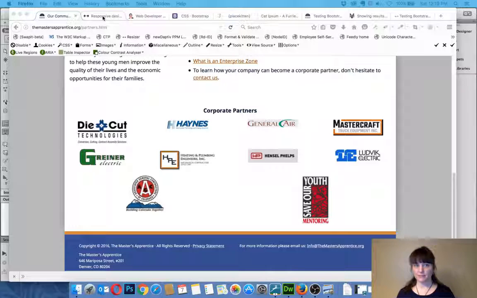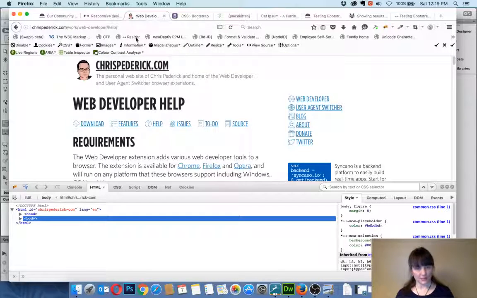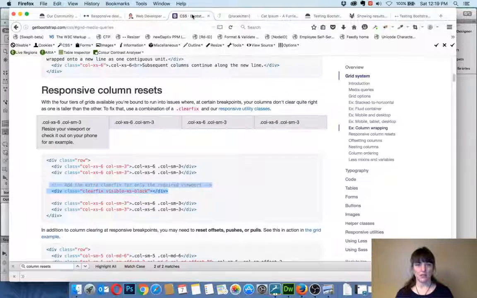I'm going to be using some tools for this tutorial. I'm going to be using Dreamweaver CC and Firefox. With these tools, the viewport resizer responsive design bookmarklet, Chris Pederick's web developer toolbar. I'm going to use